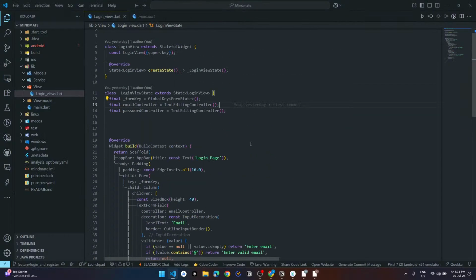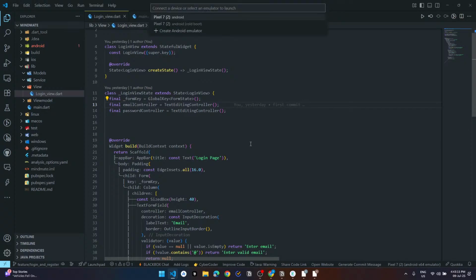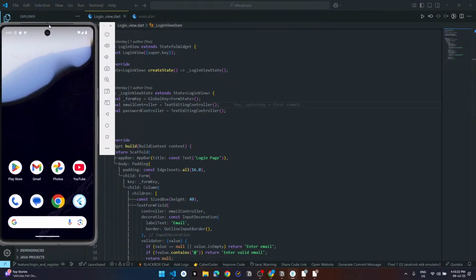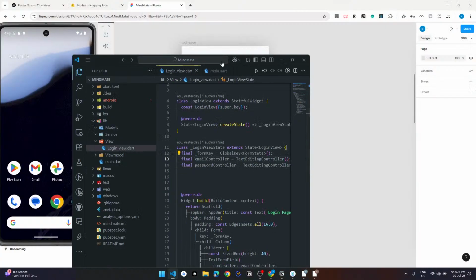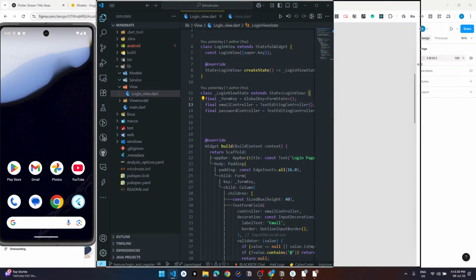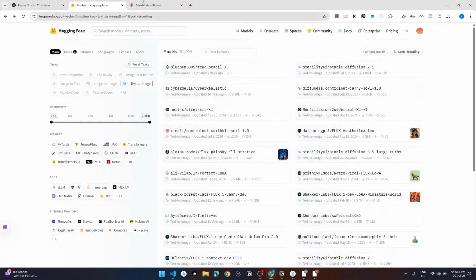So let's start with our project, right? Okay, I have my emulator, and we are gonna use some AI, but not going to copy paste fully, and we're gonna check out some code.